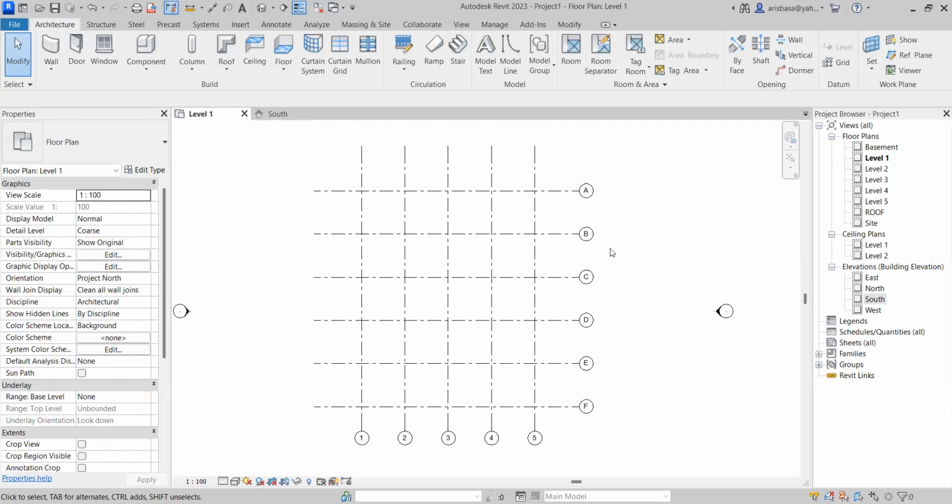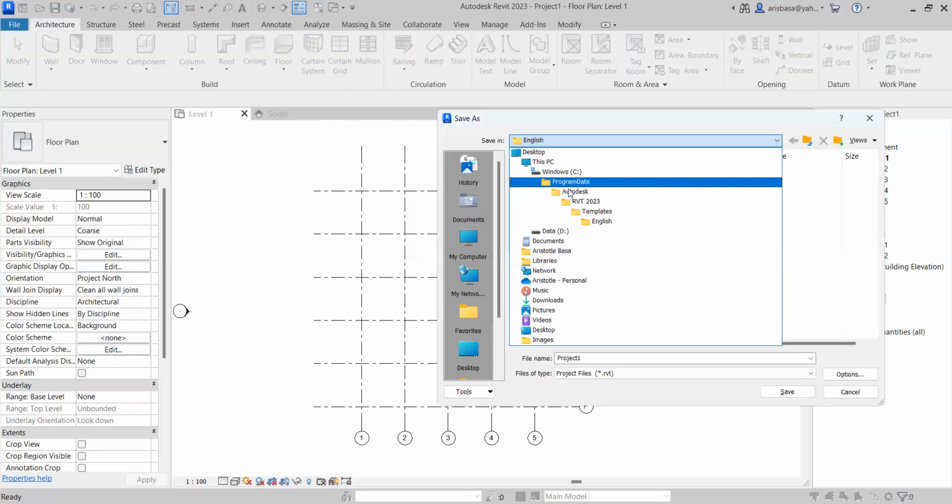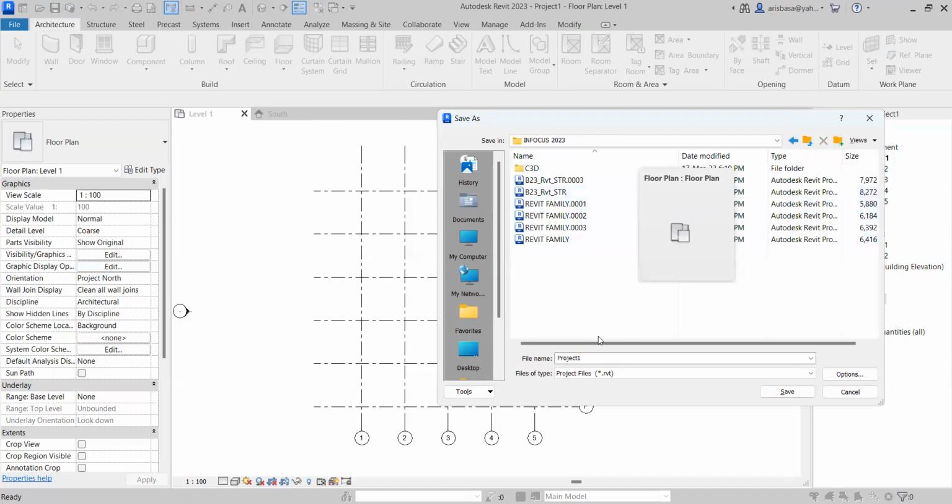Save muna ang project. Building. Batch 20. What's our batch? Batch 9? Don't forget to save. Let's save our projects first. File, Save, and put it in your folder. I'll put it in my documents. I will name this